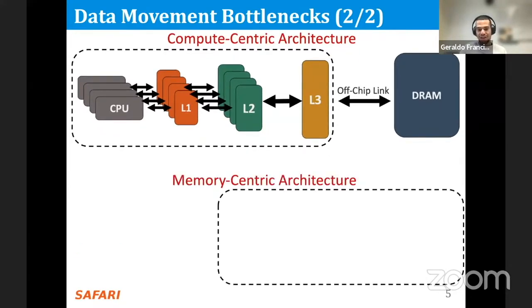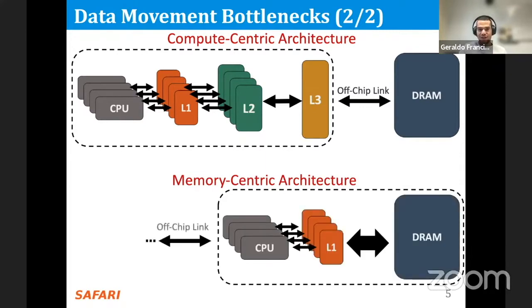However, such approaches cannot fully mitigate data movement bottlenecks in a particular application. An alternative solution is to use memory-centric architectures. In memory-centric architectures, or for example here, near-data processing architectures, the system moves computing elements to inside or nearby the memory subsystem. In this way, the system can avoid the costly off-chip interconnect, which increases energy and also leads to performance bottlenecks,